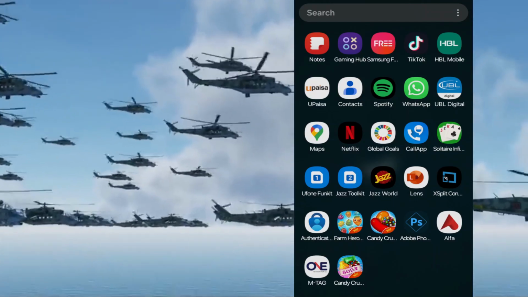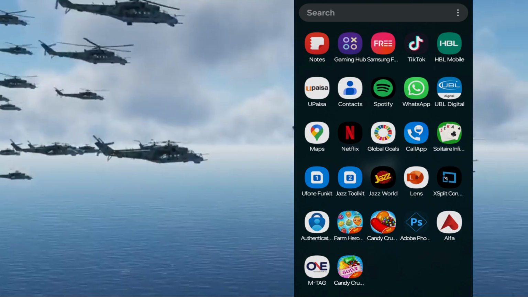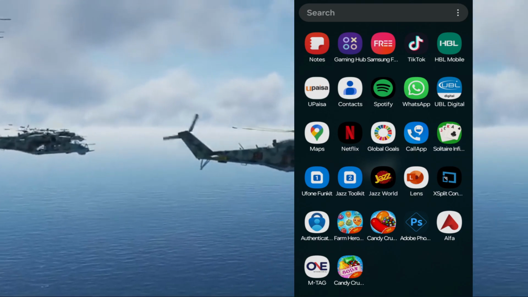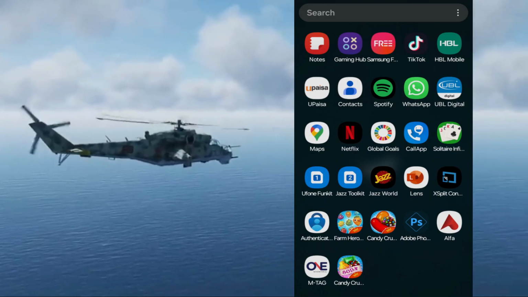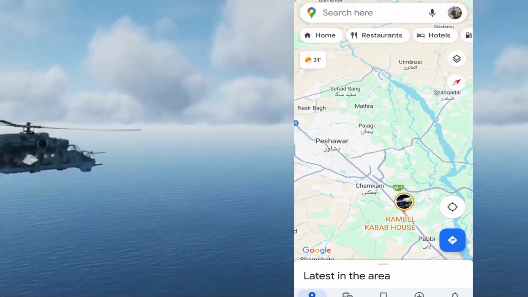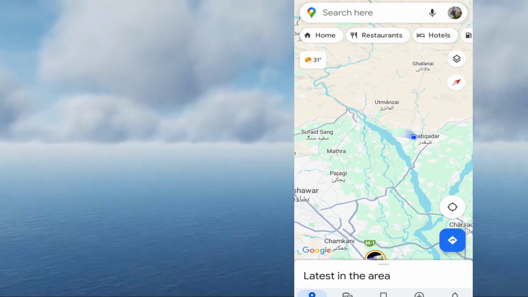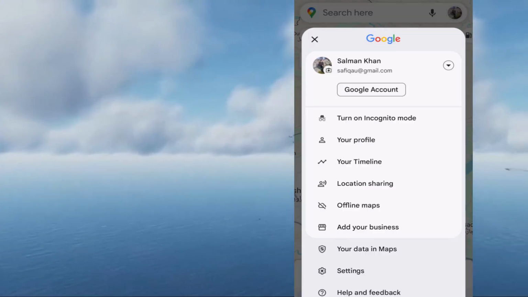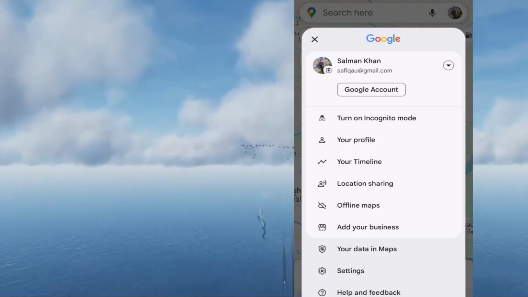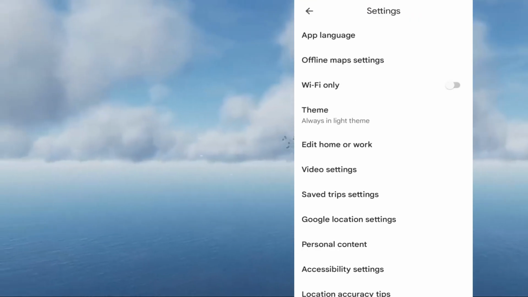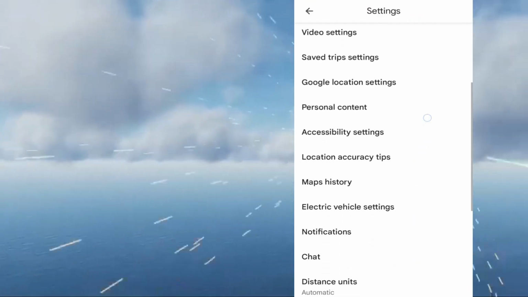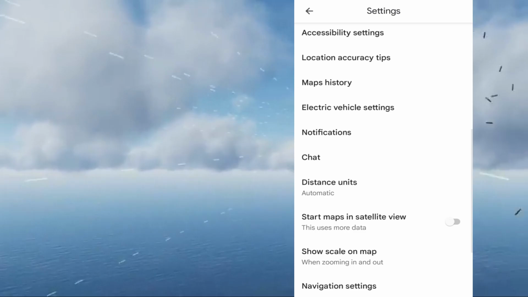In this video, I will let you know how to change the units of distance measurement on Google Map. So to this end, click on the Map app. On the map, come to your logo icon, which is the picture of my Google account. I click on it, and then in the menu, click on Settings, and in the settings scroll down to distance